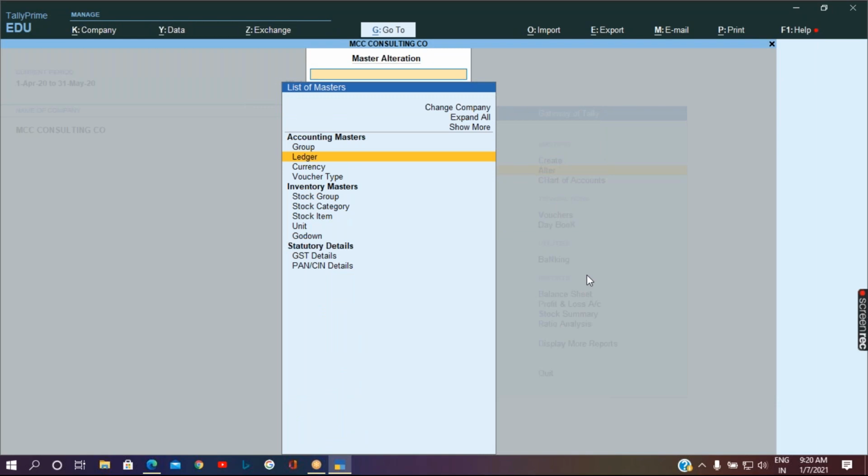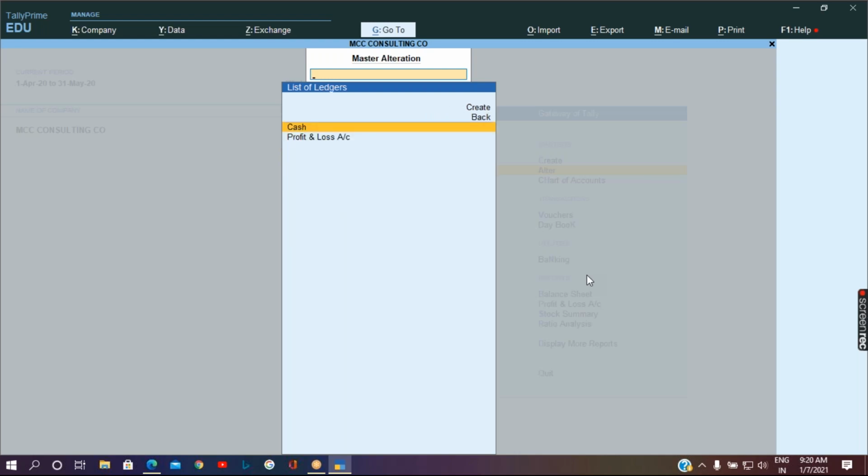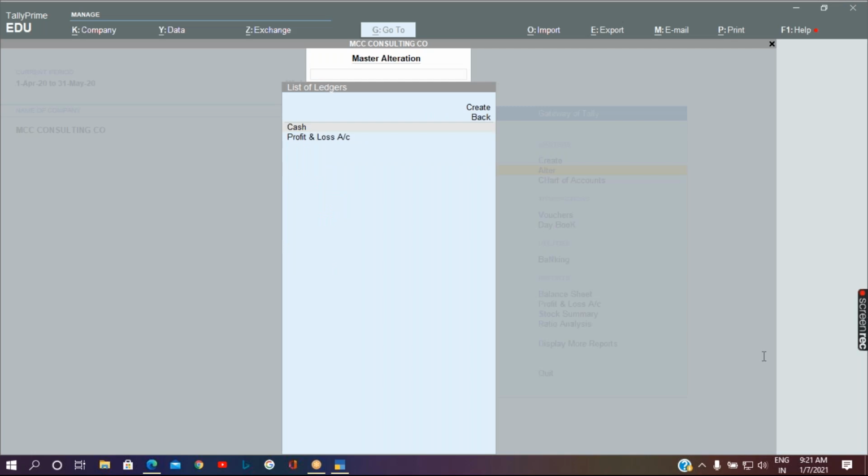Are there any default ledgers created in Tally? Like how we have 28 groups created, do we have anything similar for ledgers? Let's check it out in the ledger. There are two predefined ledgers, and these are important for your exam questions. Which are those?